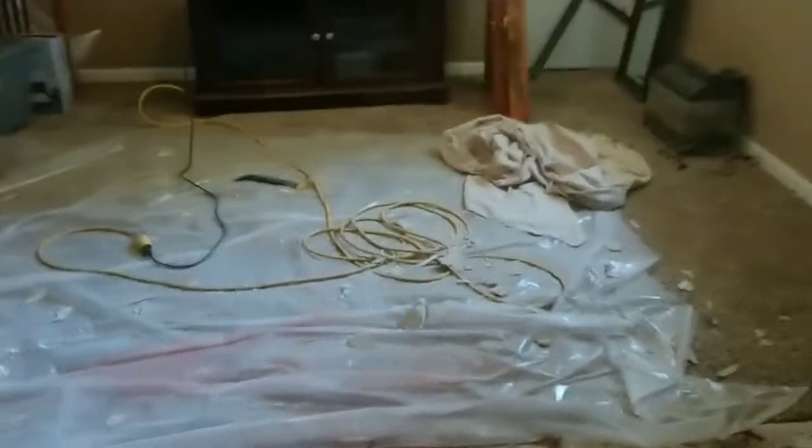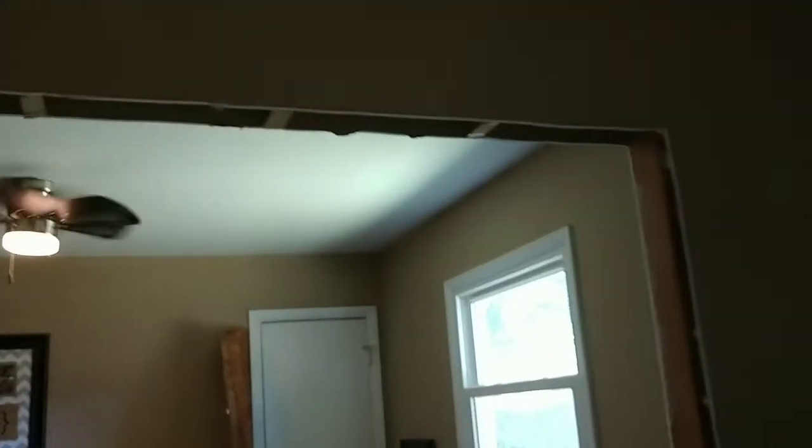Well, as you can see, there is no more wall. We still gotta figure out taking this out, and then we can start adding new wood, plaster, paint,